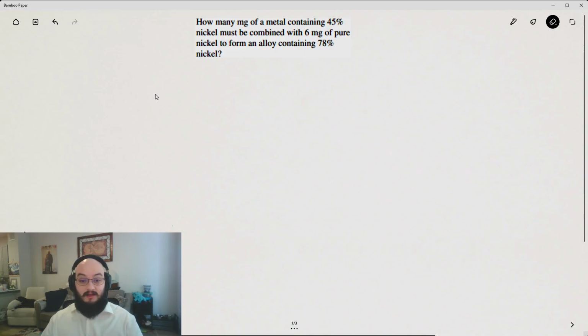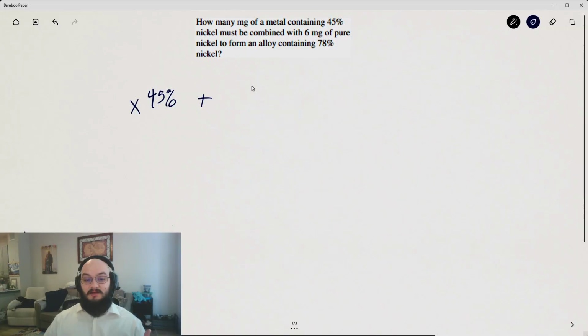Our first part is some number, we're going to call it x, of 45% nickel being combined, so added to 6 milligrams of pure nickel. Pure nickel means it is 100%, to form an alloy containing 78%